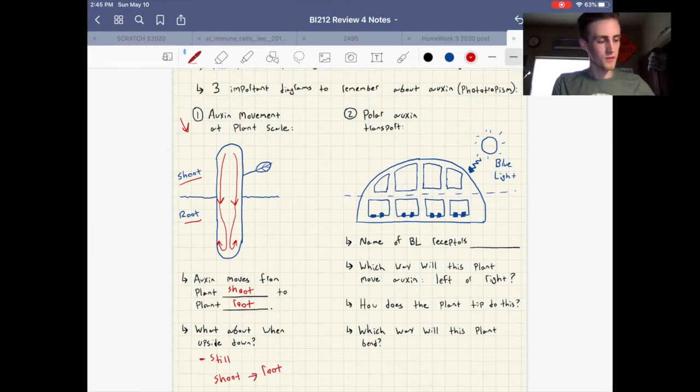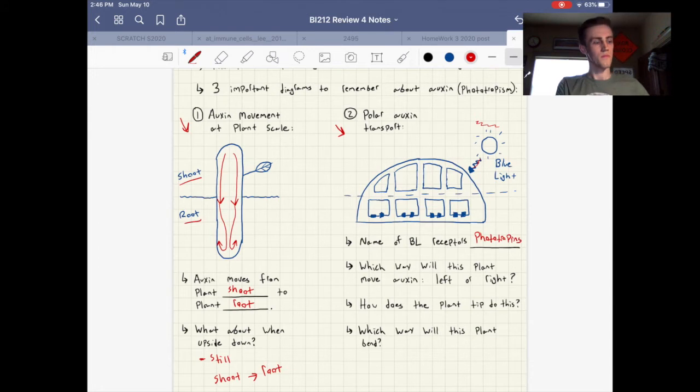All right, so jumping over to the second diagram now, we're going to look at how polar auxin transport is generated in the tip of roots when the plant detects blue light. So we can see here that blue light is coming from this right-hand side, the plant detects it on its right side, and so we're going to see how the plant responds. And so first, what is the name of the blue light receptors? Those are